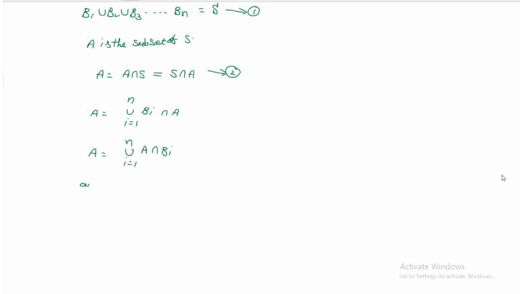Now apply probability on both sides. Then probability of A equal to probability of union of i equal to 1 to n A intersection Bi,